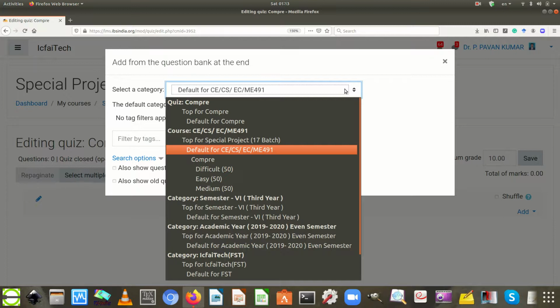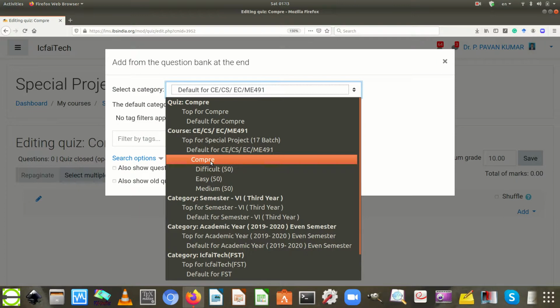Here, users are advised to organize or manage questions in the question bank as a Compre category. So the Compre category is a parent category in the current course. Under that, the user can organize difficult, easy, and medium subcategories under a parent category called Compre.